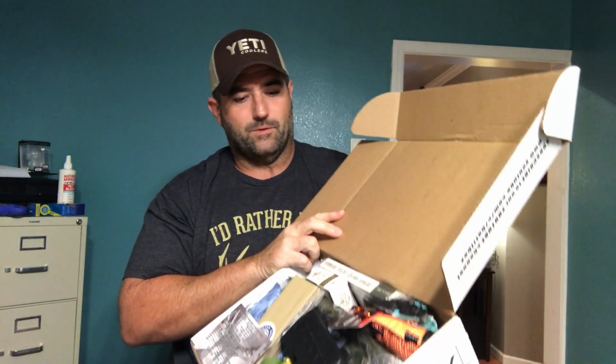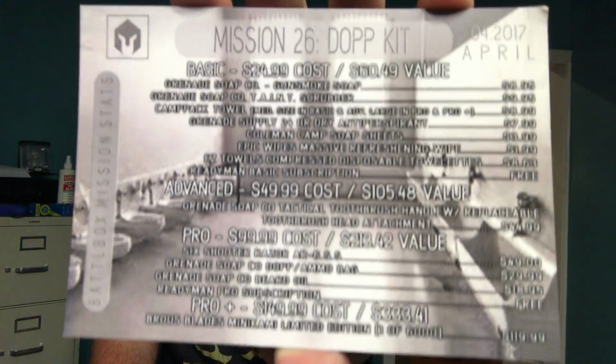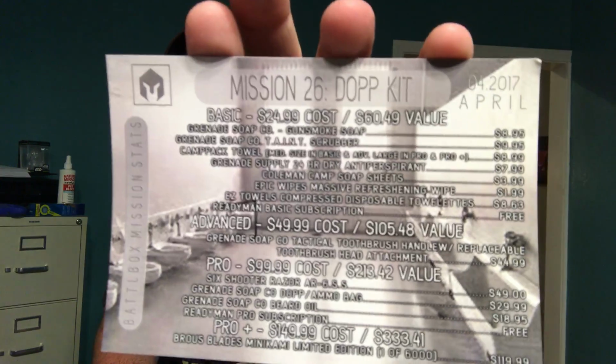Alright, so we will set this down here. You can't see me pulling it out of the box, but you'll get the gist of it. This is the Mission 26 DOP kit. And that's all the stuff that's going to be inside of it and their estimated values on it. So we'll just start and go with it. First thing we got is the Badass Soap on a Rope, which,